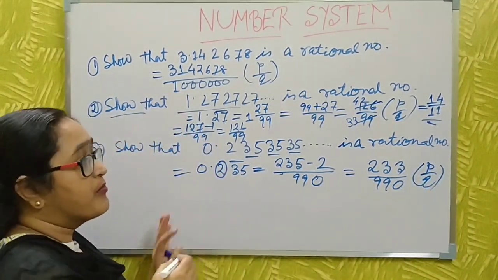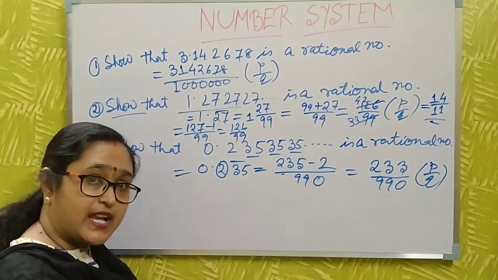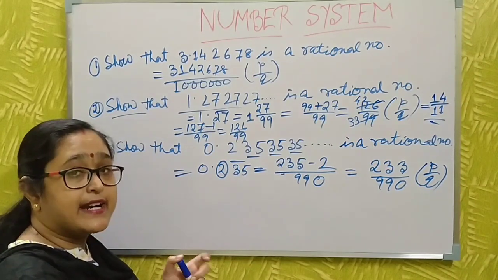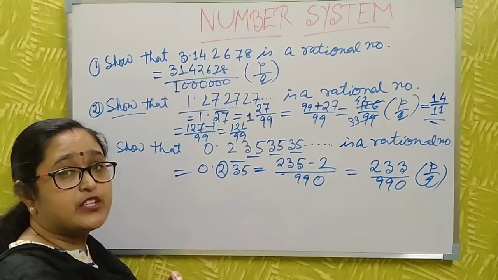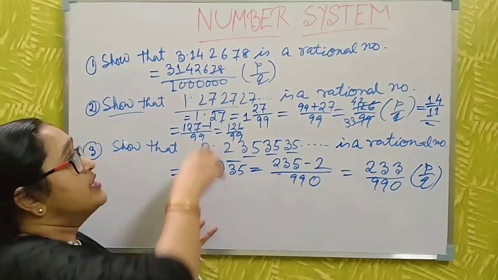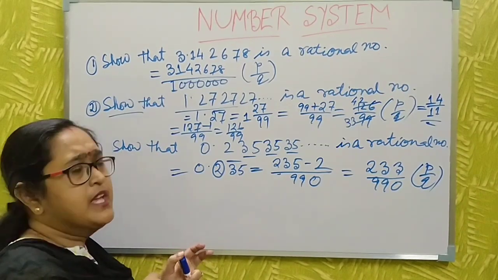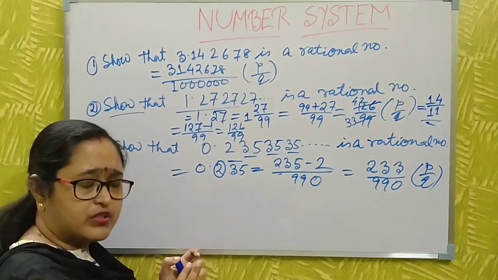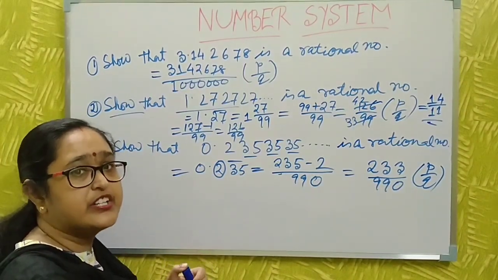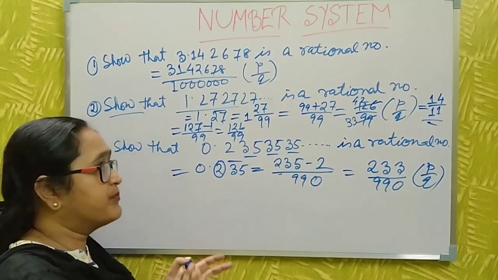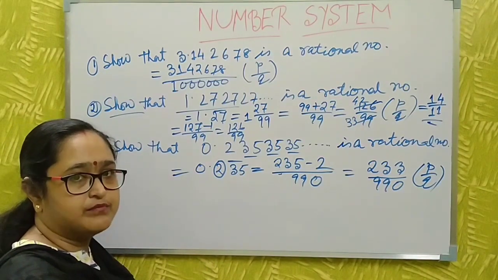Then you must remember this: a recurring number is a rational number. You can write it in the P by Q form. Listen very carefully. P by Q must be in the lowest term. You just cancel this and put it in the lowest term. If P and Q are integers, that is fine. But you must write it in the reduced form also, in the P by Q form. Okay. Now I discuss another part of the sum.